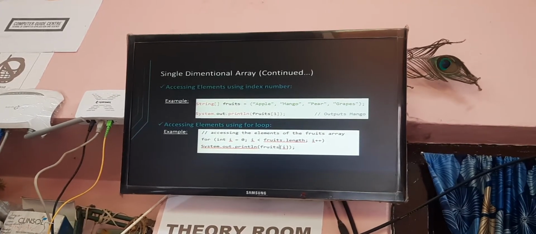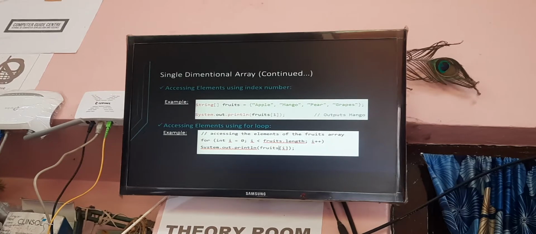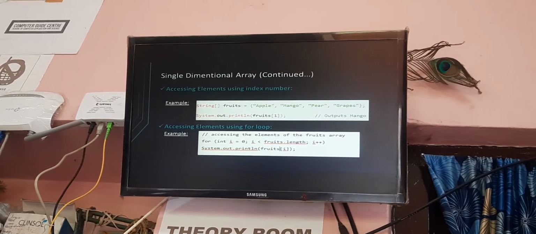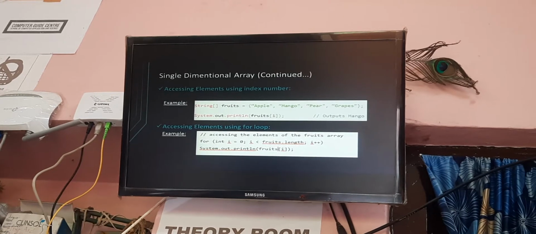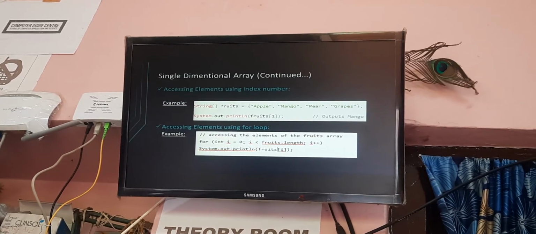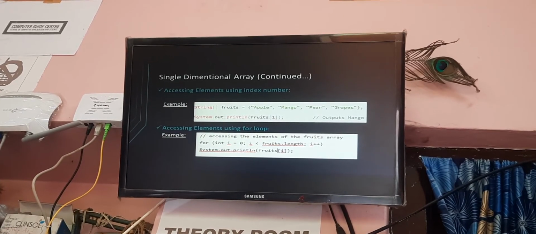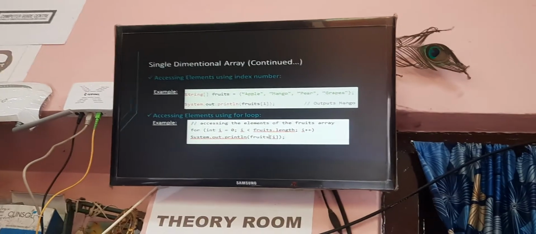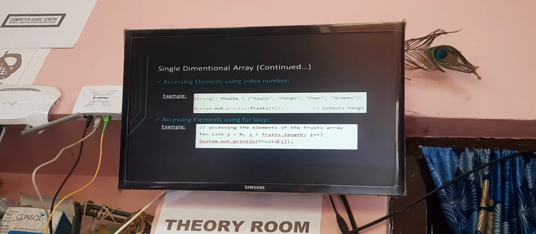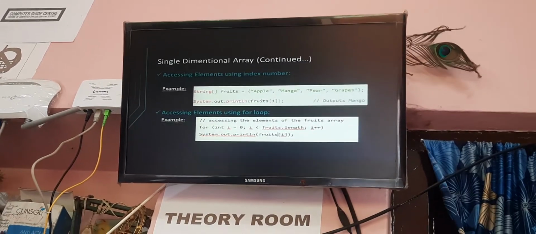Here we have taken an array of string data type where we have put 4 values: apple, mango, pear, grapes, and we are printing the value at the first position, that is mango. So the output will be mango.